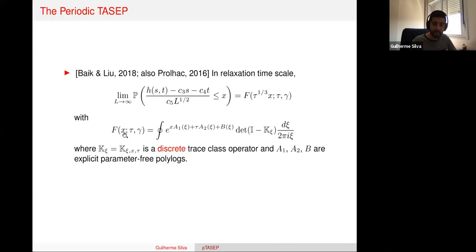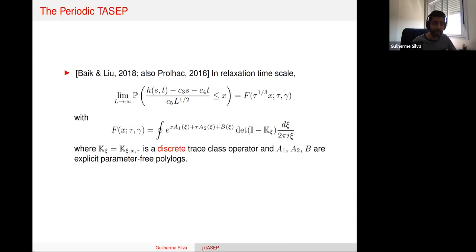And this distribution evaluated at x is an integral over a small circle going around the origin of a certain prefactor, an exponential prefactor. And here you see the appearance of x and of tau, so the height variable and the scaled time variable. And then you multiply this scalar prefactor by a certain Fredholm determinant, where this Fredholm determinant is of an operator K,